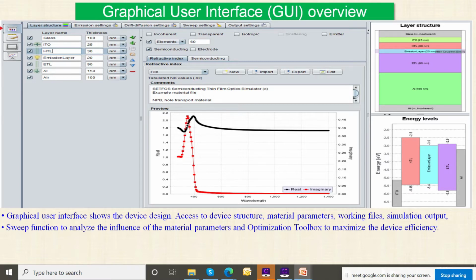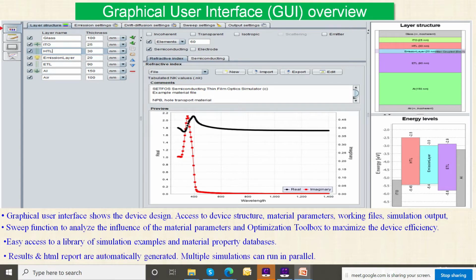If you want to tune, then you can tune it and get the optimizations to achieve the highest efficiency of your device. You can easily access the library of the materials and the simulations example library from the database. The database contains the material library and example library.